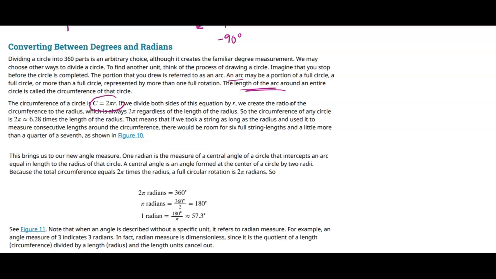So if I have a circumference, which is 2 pi r, and we divide both sides by r, then we know that the ratio of the circumference is always 2 pi with regards to the radius. Let's write that. So you can even write this over 1 if you want to think about it as a ratio. So the circumference is always 2 pi larger than the radius. This brings us a new angle measure